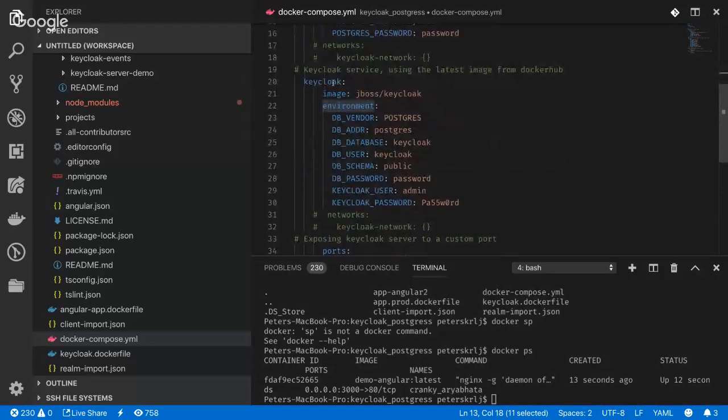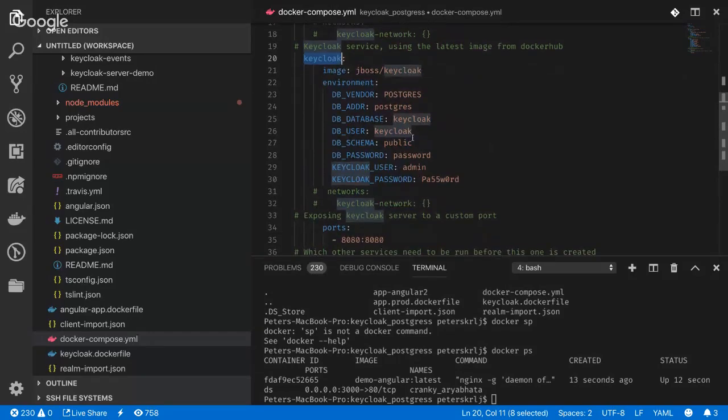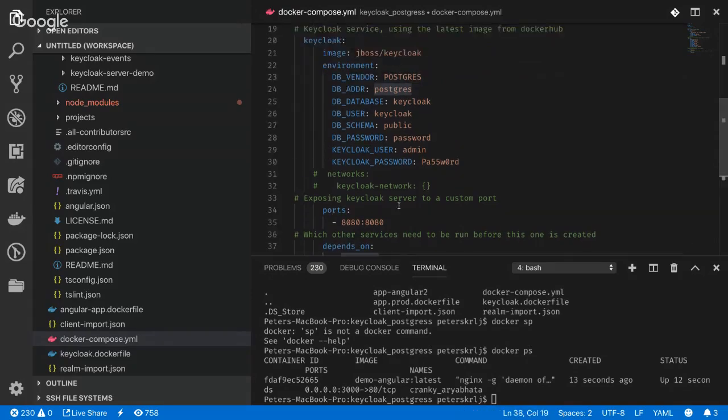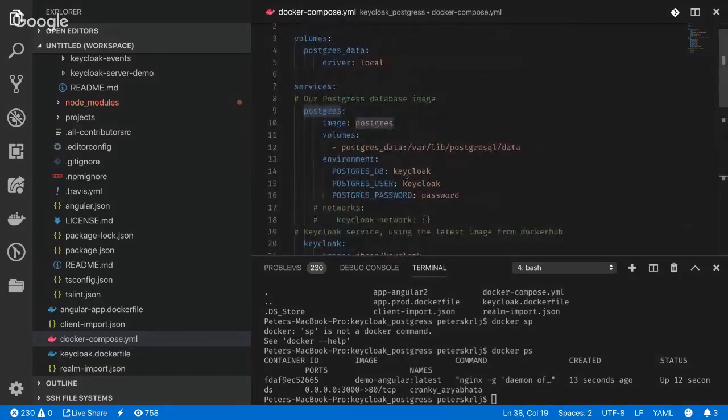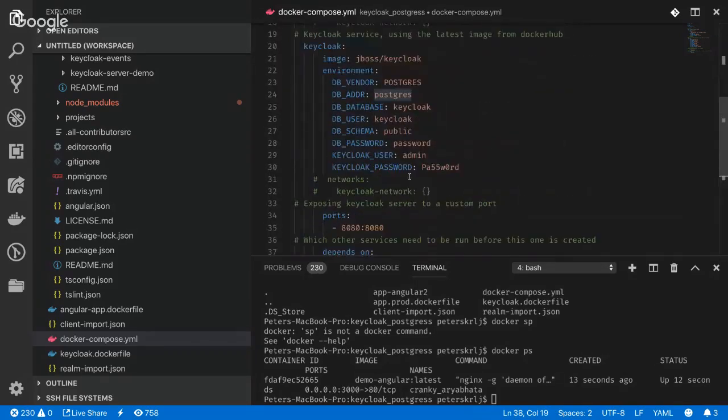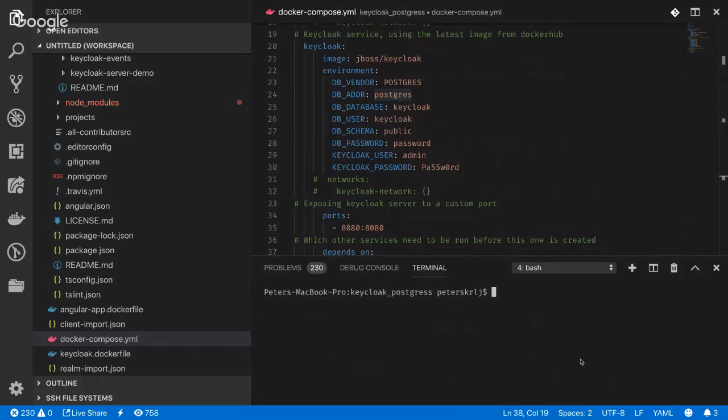And same for Keycloak. We define the service Keycloak. It's using the image from JBoss Keycloak, and it has all those passwords and admins and so on. At the end, we expose our Keycloak service to port 8080, and we write that it depends on Postgres. This depends-on part means that it will be waiting for the Postgres image to be ready before it can start the Keycloak service. And now if I go into my terminal and just write docker